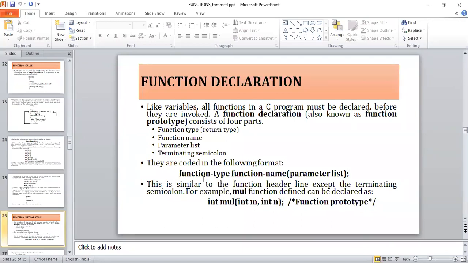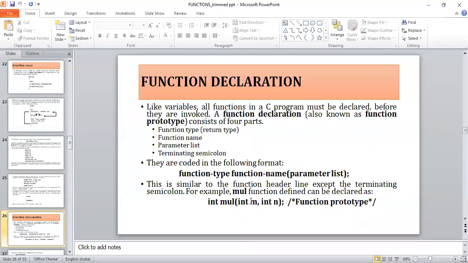They are coded in the format: function type, function name, and in the braces we list the parameters. For example, int multiply of int m comma int n. That is nothing but your function prototype.